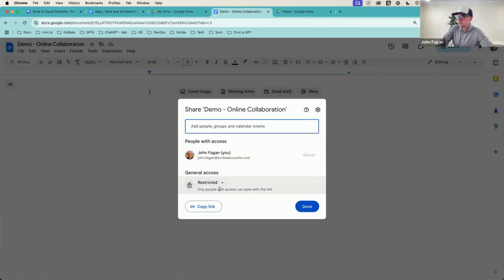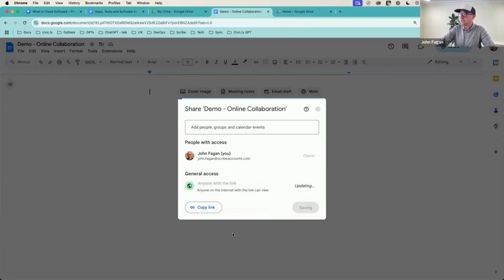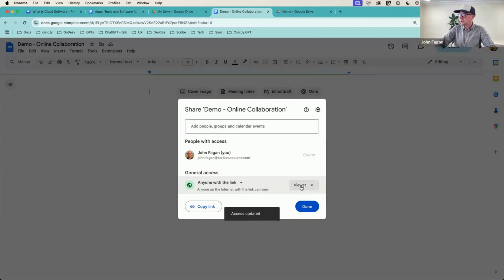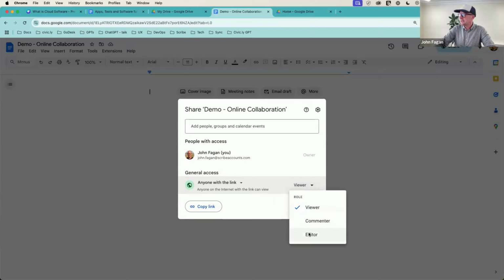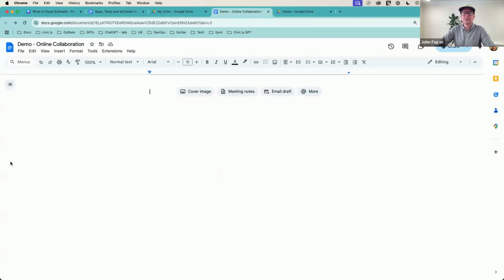It's already restricted to only people who have the link. And this is actually in my drive, not in a shared drive within our team. If I put it in a shared drive on my team, everyone will be able to see it and search for it. I could select the organization, but I'm going to go with anybody with the link. And then I could go view, but I'm going to say editor. So anyone with that link can edit it. So I want you guys to jump on.